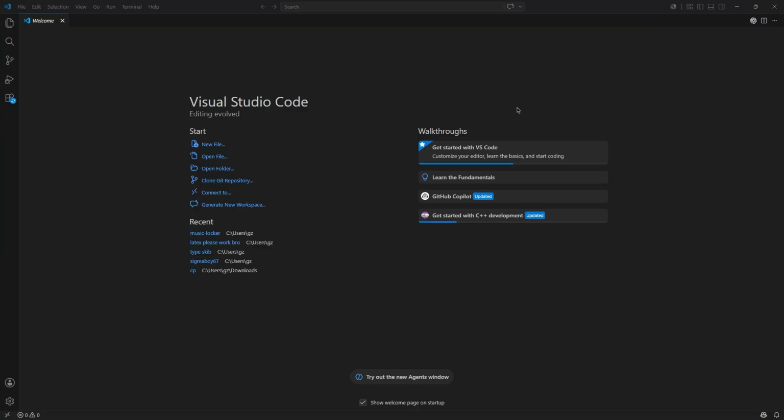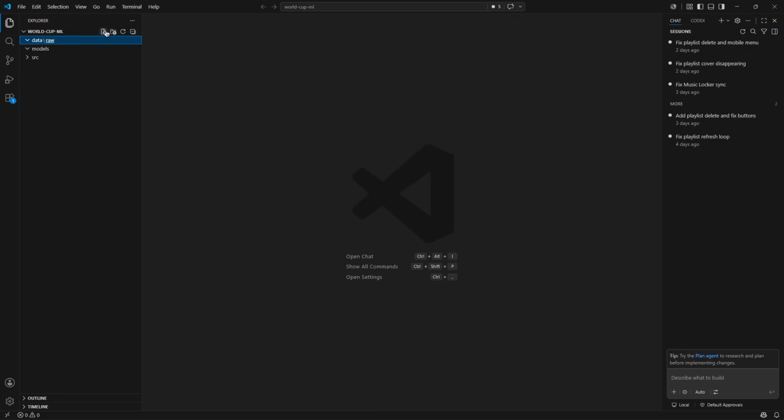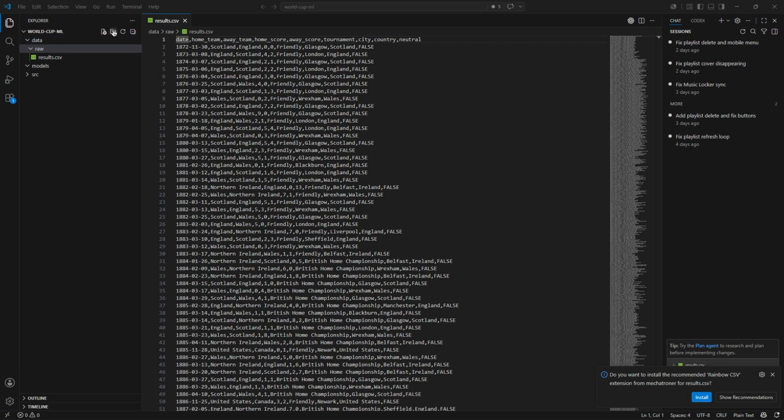So now I'm gonna go to VS Code. I'm gonna create a new folder. So inside this, I'm gonna create a couple folders. One is gonna be data, one is gonna be models, and then finally I'm gonna do SRC. Now inside the data, I need to have some raw data, so I'm gonna put raw. And then inside the raw, I need to have the results. Now I'm gonna create a folder here, and it's gonna be called processed. And then in the SRC, I'm gonna create 2 Python files. One is gonna be prepare data,